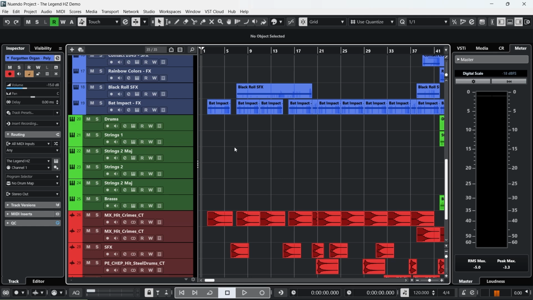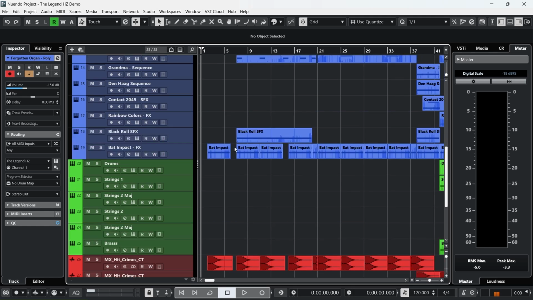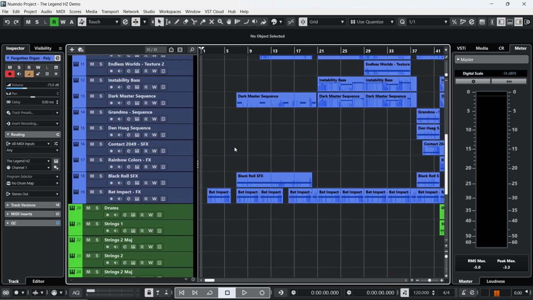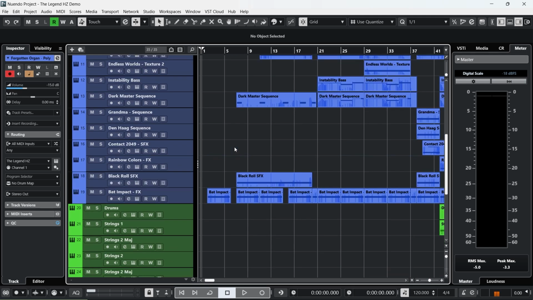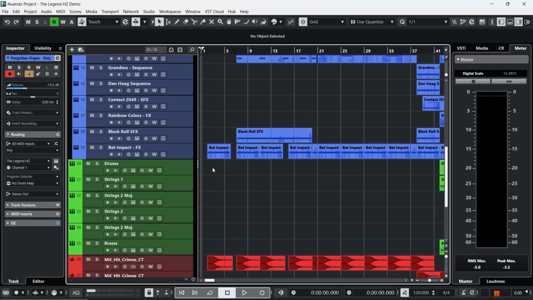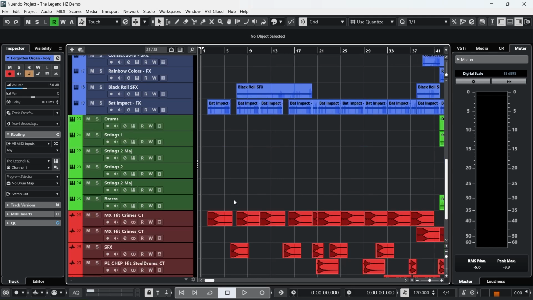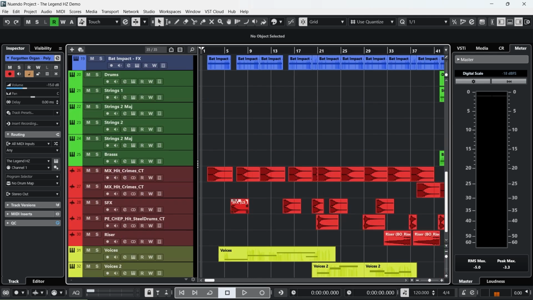But I couldn't resist doing a kind of Dune introduction. So in order to do that, I did add a couple of extra things. So let's talk about the extra instruments added to the composition. We have some drums. I just use 2 different drum patterns just to emphasize the drums already in the Legend HC. I've got some strings playing some ostinato, so really, really standard basic movement, and brass just playing some low-end